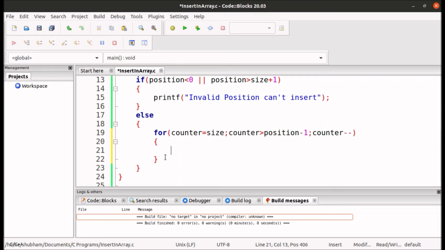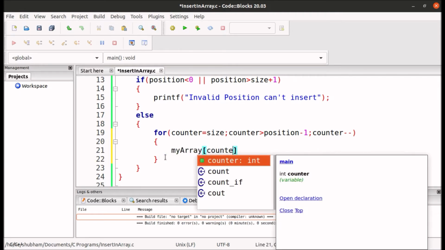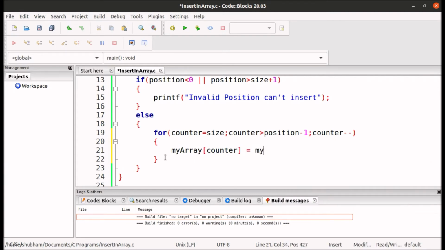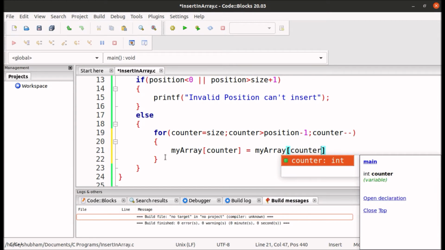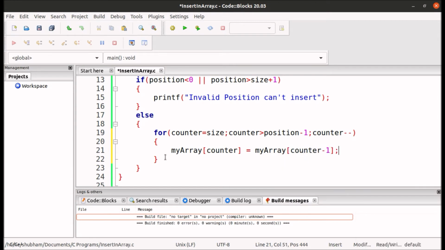We will move the nth element to n plus 1th position. So my array of counter equals my array of counter -1. I am moving the 5th element to the 6th position here, then 4th element to 5th position, and then 3rd element to the 4th position.